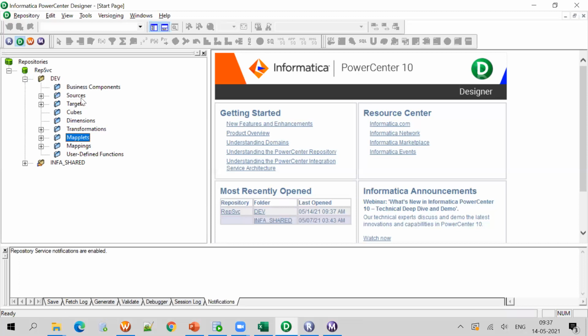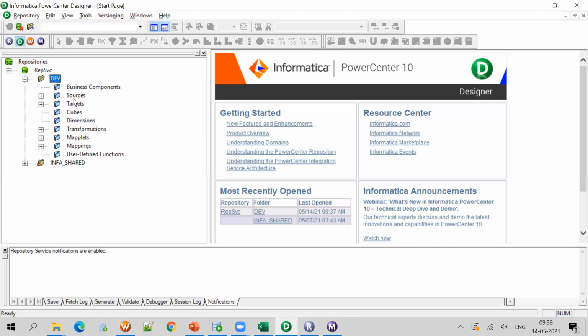A few projects may use dimensions, cubes, and the different functions, but very little. But in 90-95% of data warehouse or Informatica projects you will work on sources, targets, transformations, mappings, and maplets. These are the things.